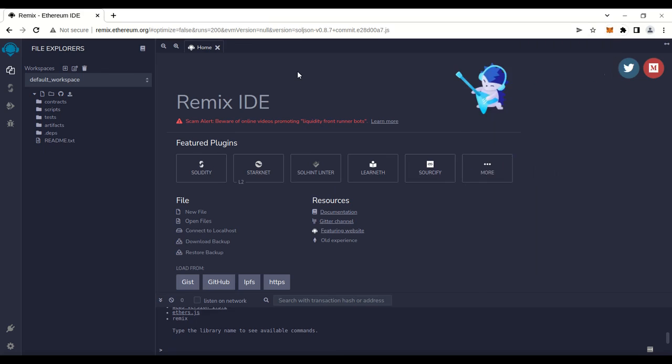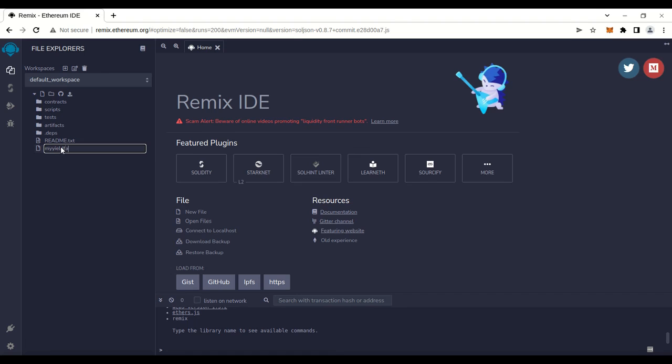So, step by step on exactly how to launch this. You're going to want to go to remix.ethereum.org. You're going to come to this page. You're going to have some buttons down here. This is the File Explorer. You're going to move over here, and this will be Create a New File. Click there. And we're going to create a file called My